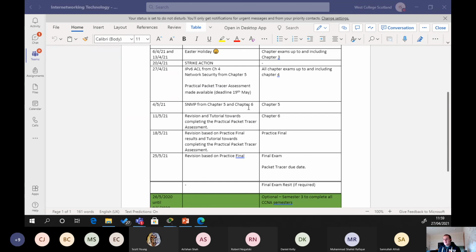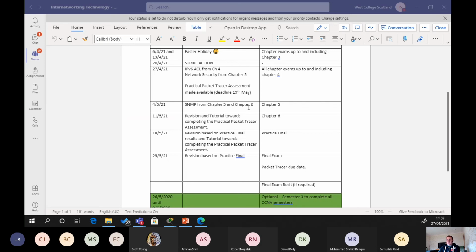We're also going to cover chapter 6 next week, and that basically allows us to finish everything that we need. The following week, I will go through a revision, just basically everything that we've done, and I'm going to do a tutorial based on completing the Packet Tracer assessment. Probably take it to about the halfway point, because there is a lot in it. So probably show you the commands and the things you need to be aware of, parts 1 to 4, and then